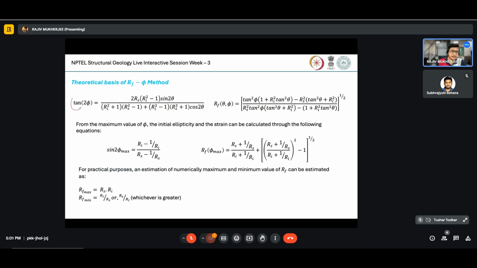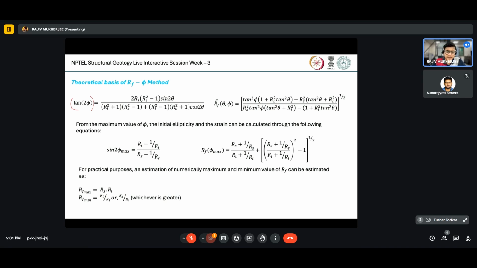One is tan of 2 phi, which is expressed as 2 into Rs, the aspect ratio of the strain ellipse, multiplied by the square of the initial aspect ratio of the strain marker minus 1, into sin 2 theta, divided by this arrangement. And once we know tan of 2 phi, we can estimate Rf,